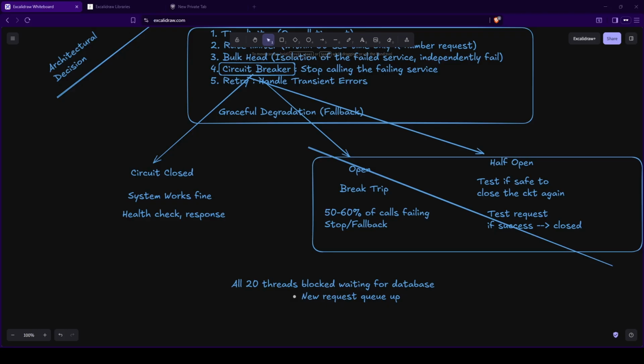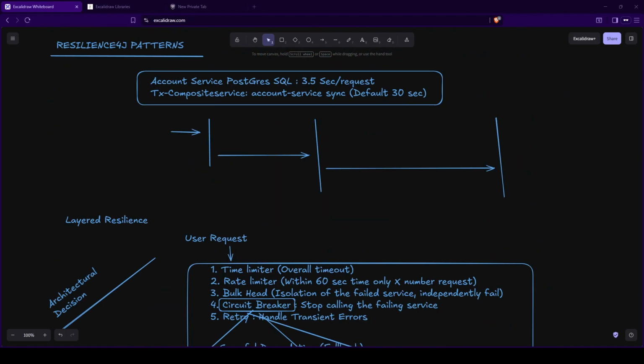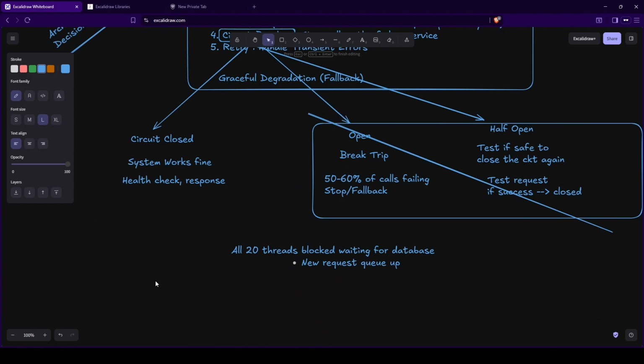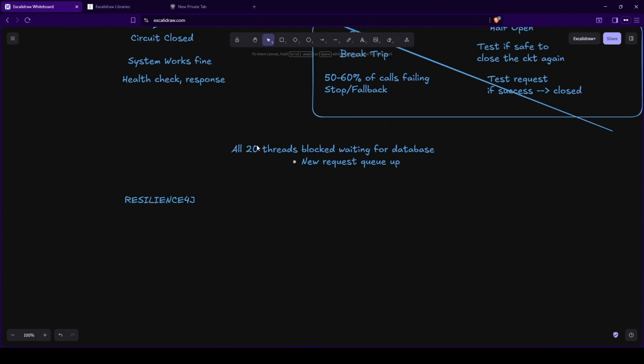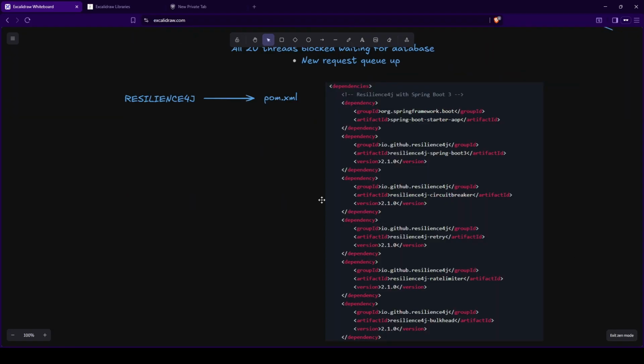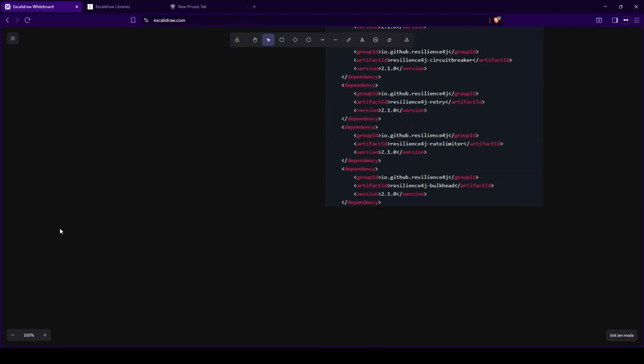And now, to use Resiliency4J, as we started talking about it. The first and foremost thing that we will be doing is adding it into our pom.xml. In pom.xml, all these dependencies we are going to add. And then in our application YAML, we are going to actually